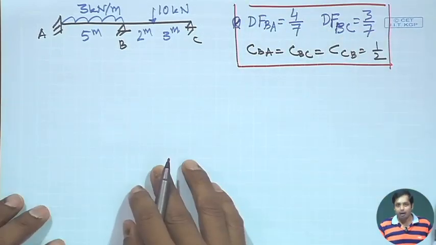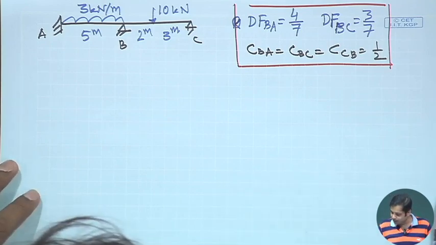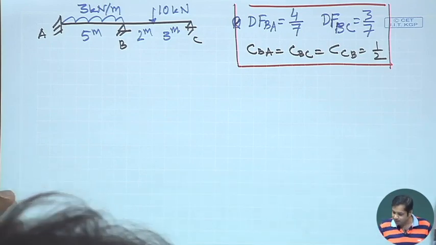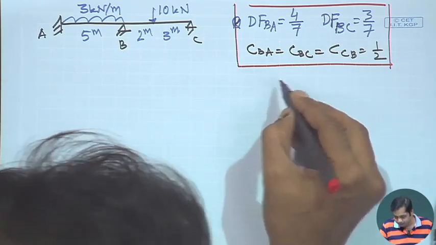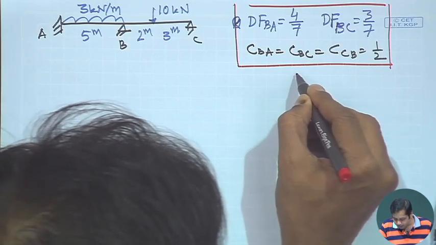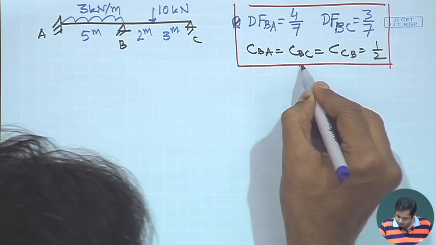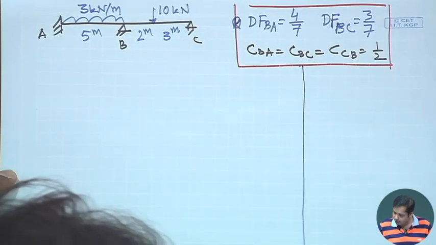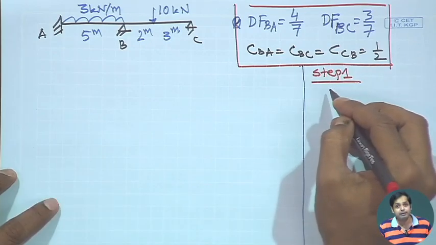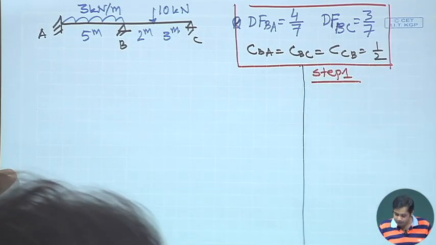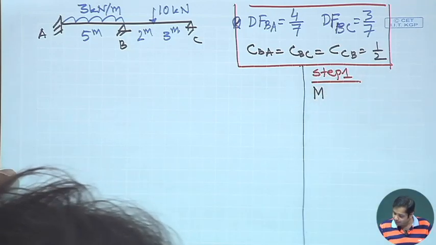Now let us do the steps. The first step is to find the fixed end moment. Step 1 is fixed end moment. Let us write it here and divide it into two parts. Now, what is the fixed end moment? The fixed end moment for AB